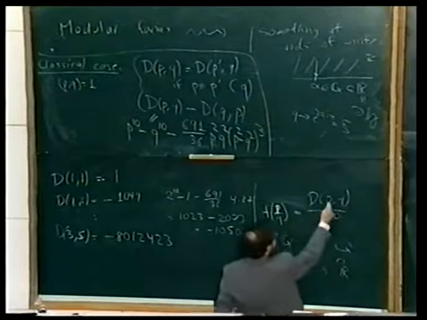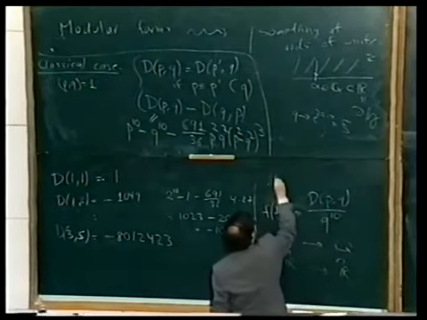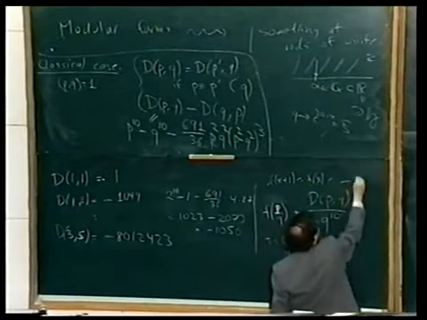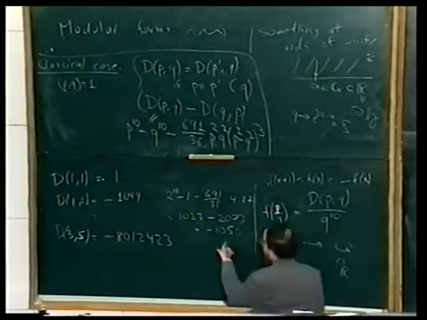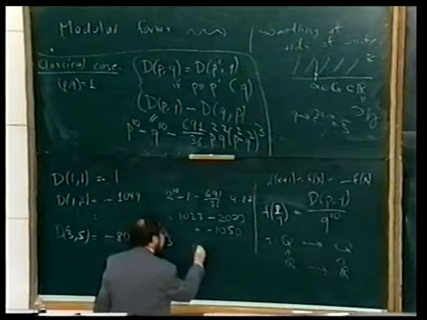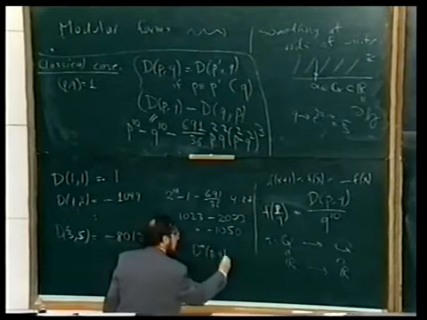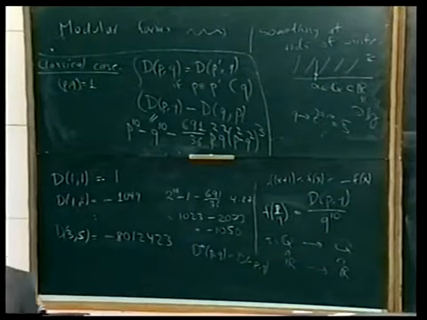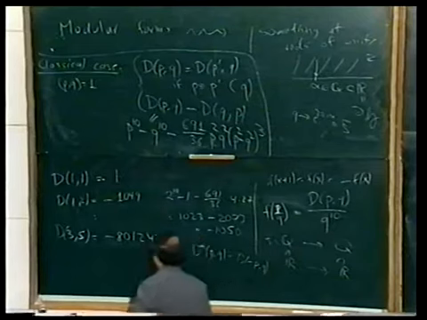Now, on the other hand, the periodicity p goes to p plus q means that f of x plus 1 is equal to f of x. And it's also trivial to check that f is an even function if you send p to minus p, because if you define d star of pq to be d of minus pq, it satisfies exactly the same identities, and so by uniqueness, it's the same function. So this is an even periodic function, and therefore,